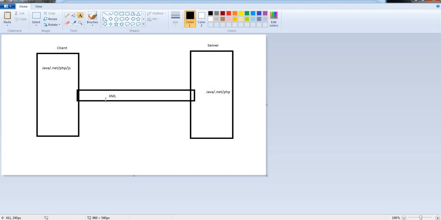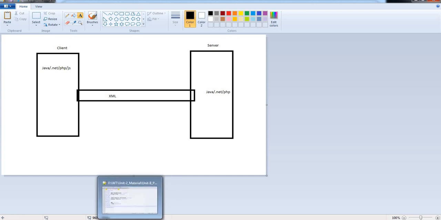XML is mostly used to store the data or transport the data from client to server or server to client, or source to destination or destination to source. For that situation XML can be used. Okay, this is a pictorial view of XML.